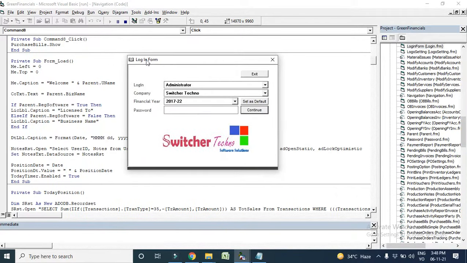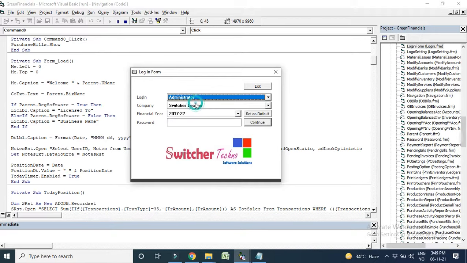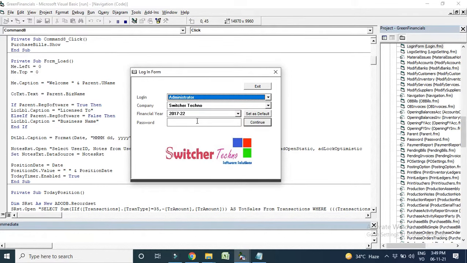Here is the login form. Alright, you can see this login form. Here you can make multiple users and you can make one admin. For example, in your office there are 4 systems you are using. You can install this software on the server, and you can make different users and different logins, and you can assign rights and permissions to each of your users, so that he cannot view reports, he cannot change the data. So you can make this permission in this software.